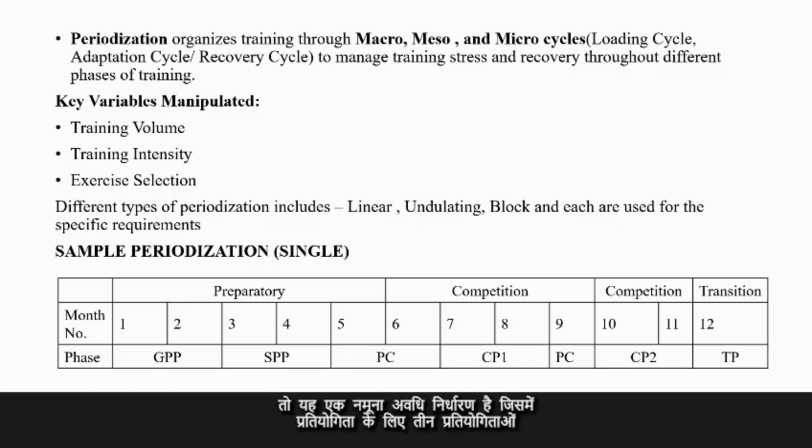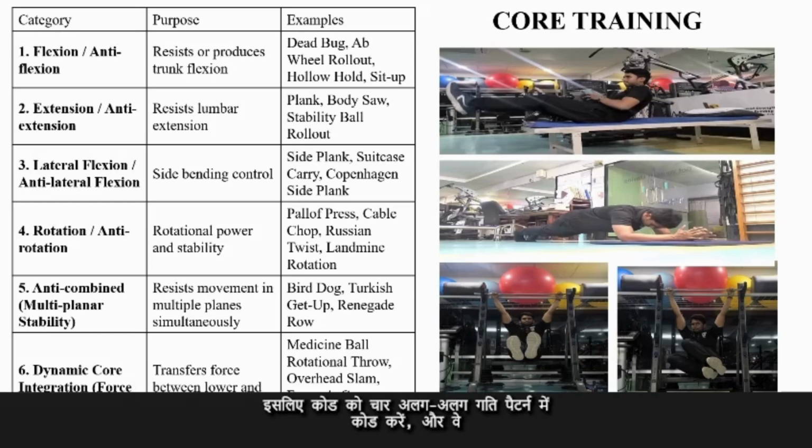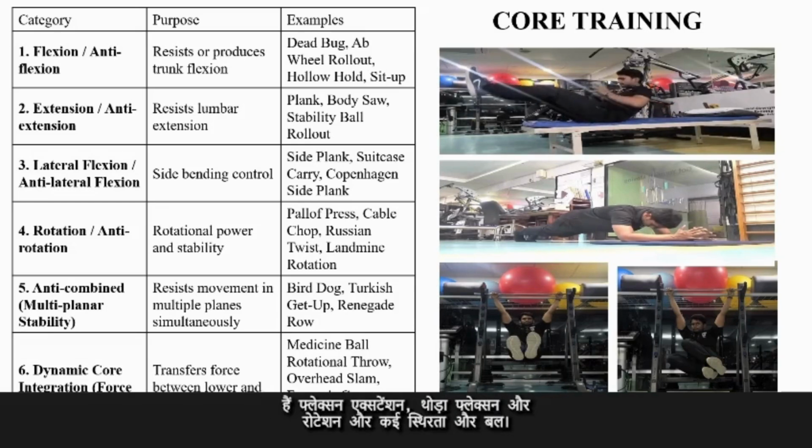cycles. So this is a sample periodization, which includes 2 months of general preparatory, followed by 2 months of sport-specific, the specific preparatory period, and 5 and 6 of pre-competition, followed by the competition, and then at the last is the transition period. So core training: the core works in four different movement patterns, and that is flexion, extension, lateral